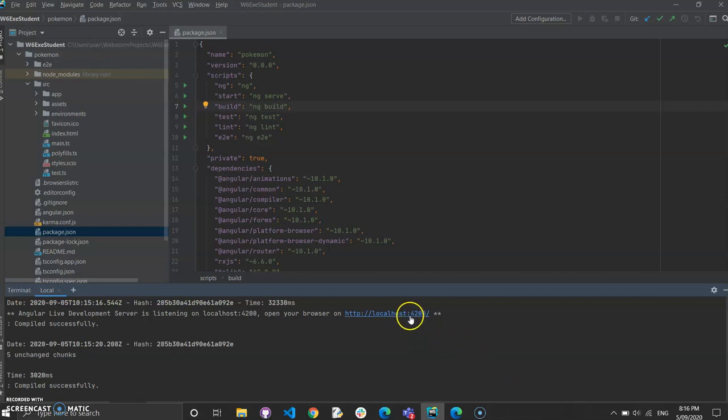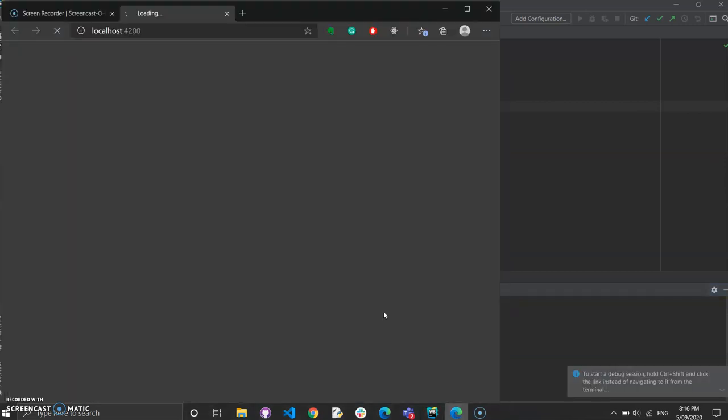Okay, so as you can see now, our application is starting on a localhost, and as the message says, the development server is up on localhost 4200.